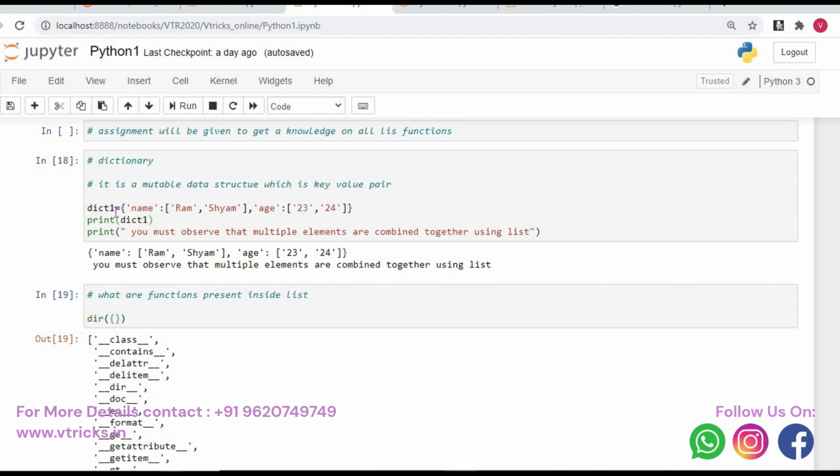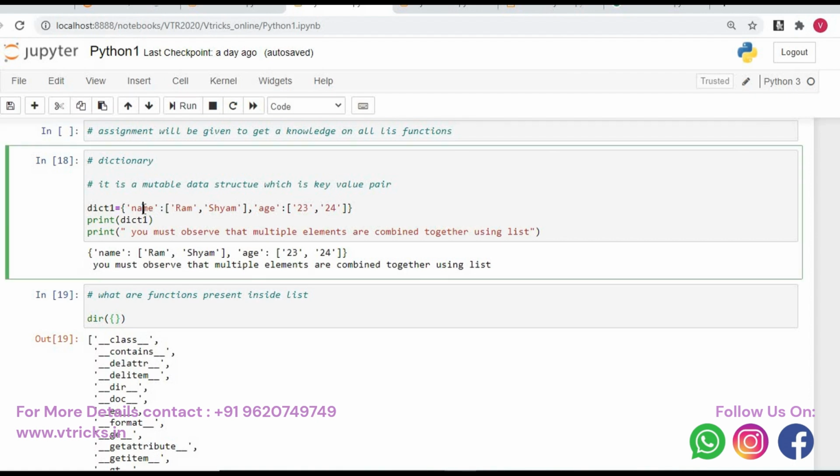I am creating a dictionary by the name dict1, which is equal to, I am opening the flower bracket, then I say name, colon, then Ram, Shyam. That is, for the name index, I am creating a list with Ram and Shyam. I put a comma, then I say age 23, 24.